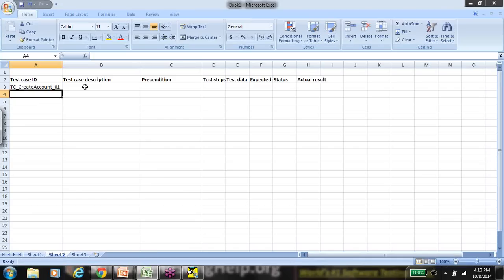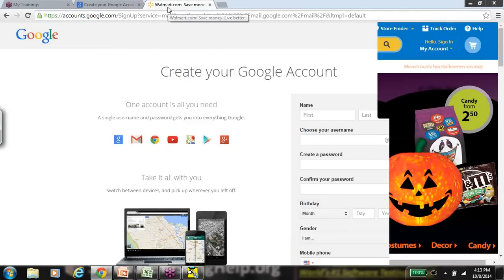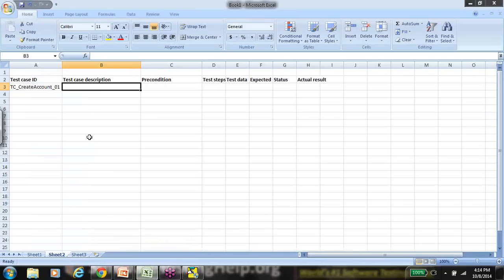Then comes the description. Keep the description short, keep it concise, and talk about exactly what you're looking for. So if you're doing a create account page, we are going to take an example of create account on both Google accounts and Walmart.com page, because this is a really good example to understand how to write the test case steps. So let's say the test case condition that I'm looking for is